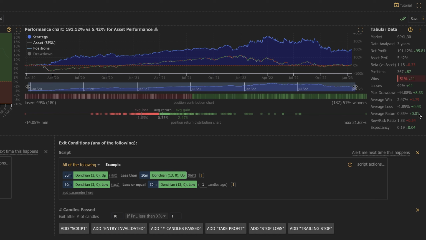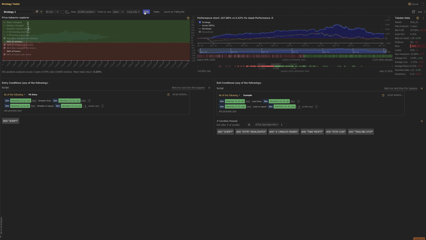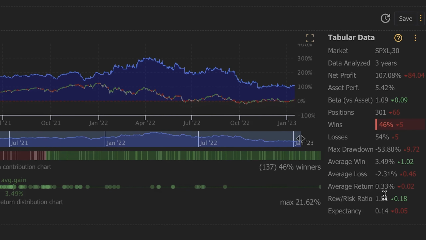We also reduced our maximum drawdown by 8 points. And we made a number of other changes that resulted in the performance. So we could continue to tweak the settings and see what would happen. Maybe if we make this 15 candles, it'll do worse, or maybe it'll do better. We'll be able to run the test and then look at the tabular data and look at the performance charts and see what happened. And you can see when we changed that from 10 to 15, we started to perform